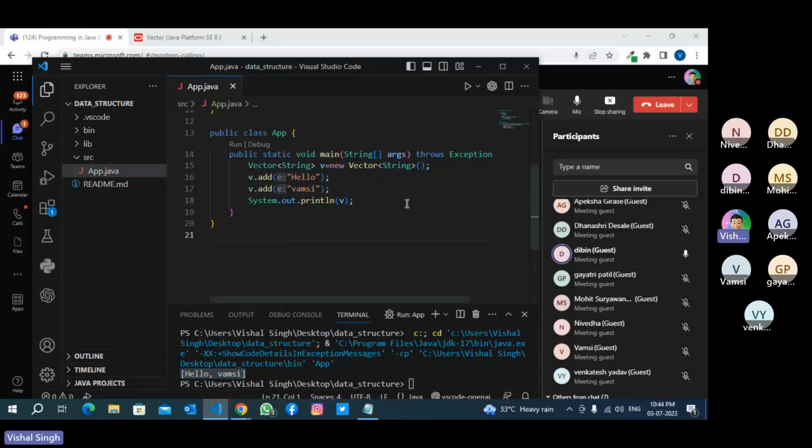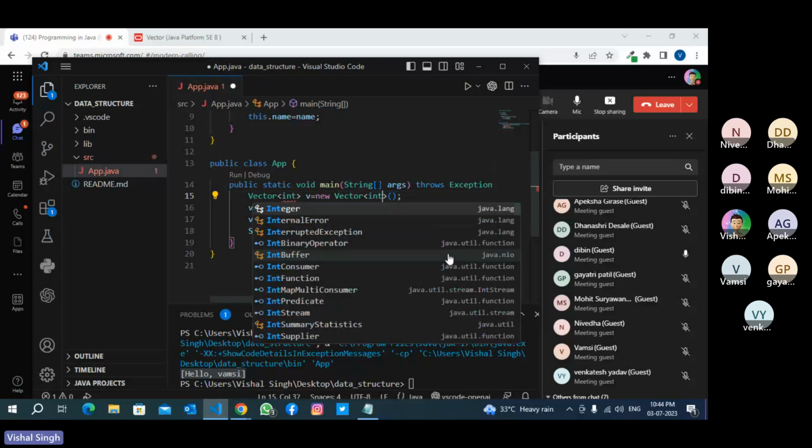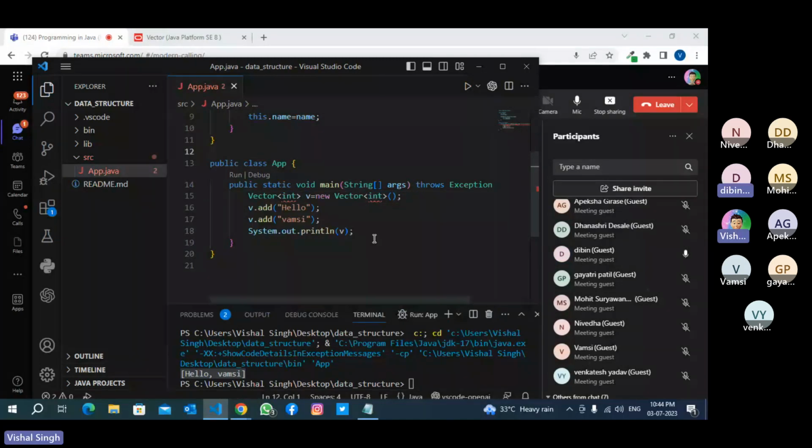If you want to restrict the vector so that it can only store a specific type of data, it is also possible. But if you do so, it will not accept other types of data. Okay. So in place of string, we can use a student also, right? Then no need of typecasting. Any data type, like primitive data, user defined data type or wrapper classes. If you use student there, then no need of typecasting.